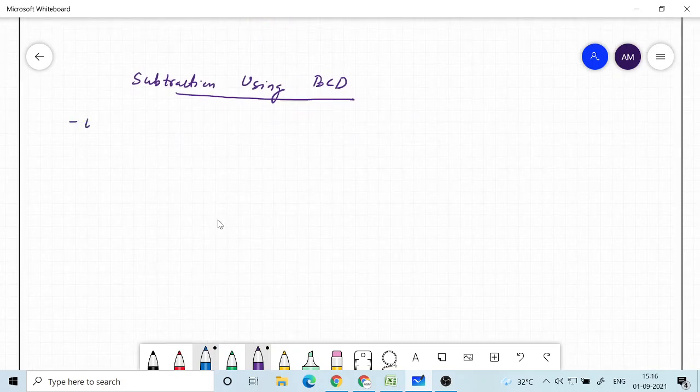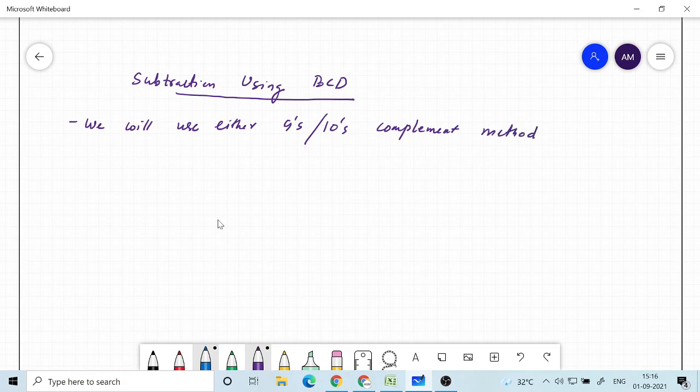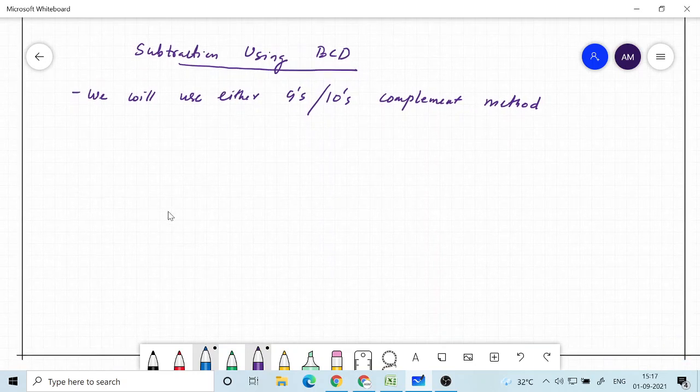For subtraction, we will use either the 9's complement or the 10's complement method, because this code is basically for a decimal number, not for a binary number. We are using a binary code but to represent a decimal number, and therefore we need to use not 1's and 2's complement, but 9's complement or 10's complement, which we saw in yesterday's class.